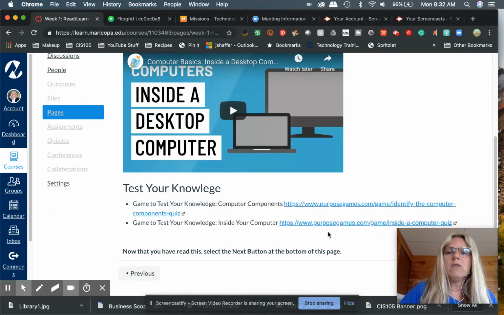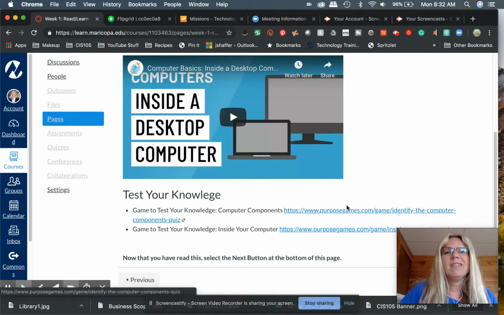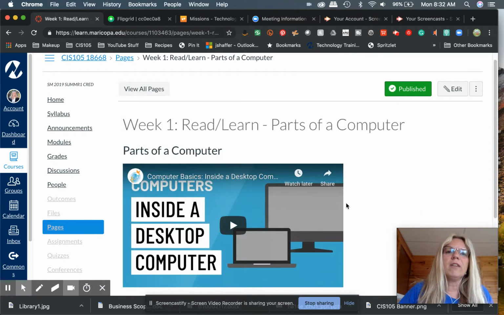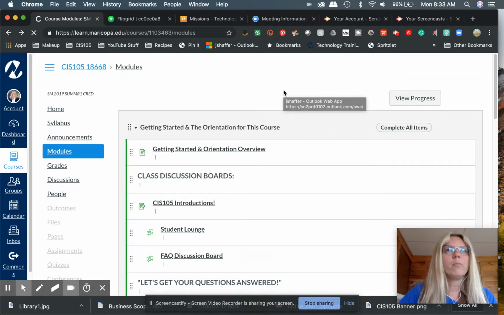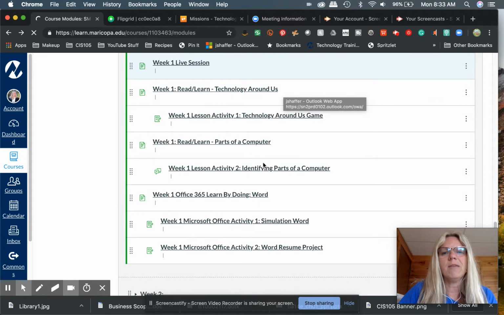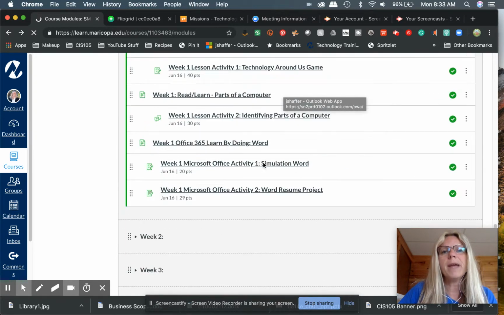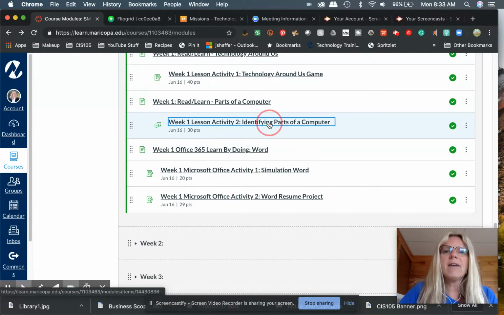And then you have just some interactive little games to help test your knowledge and to help you learn that information. Don't worry, it's just practice. They're just kind of like little games for practice. They will not count as a score. So don't panic if you get them wrong. And feel free to do them more than once. And then after you've done that,